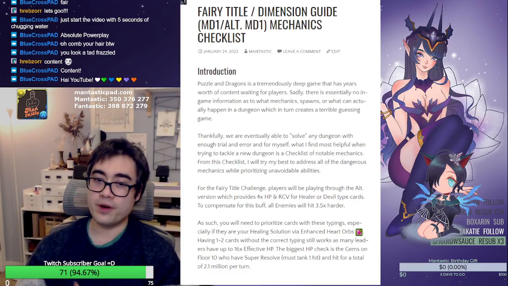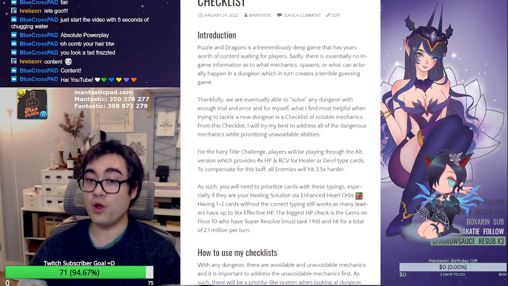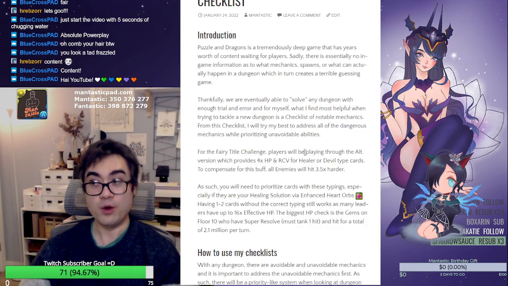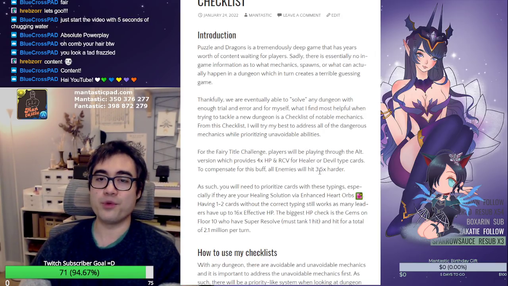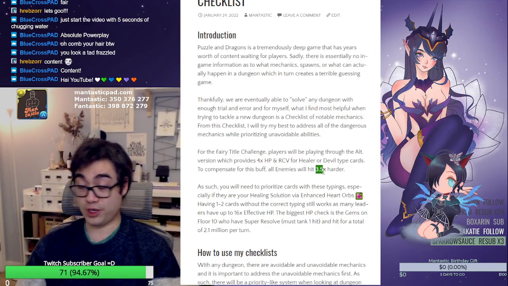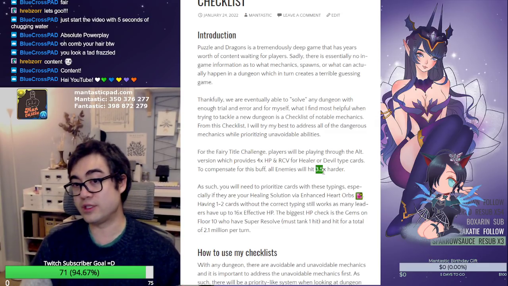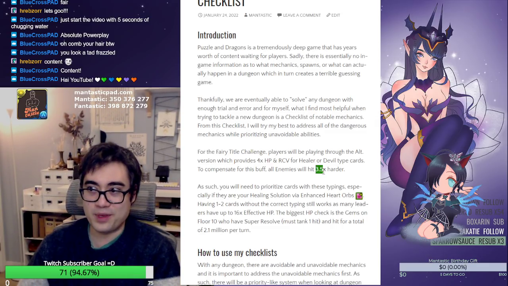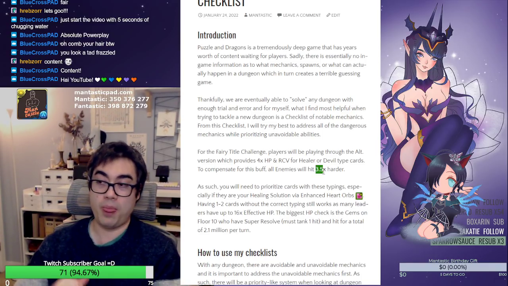So, for the Fairy Title challenge, I want to stress that if you bring cards with a devil or healer type, they will receive 4 times health and 4 times recovery, which is a massive buff overall. But to compensate for this, all enemies will hit 3.5 times harder. So if your team is mostly devils or healers, it's technically going to be an easier time. But if you have fewer of those types brought into the dungeon, you're going to have a much more difficult time actually playing through it because you don't get that huge amount of buffs, like damage,